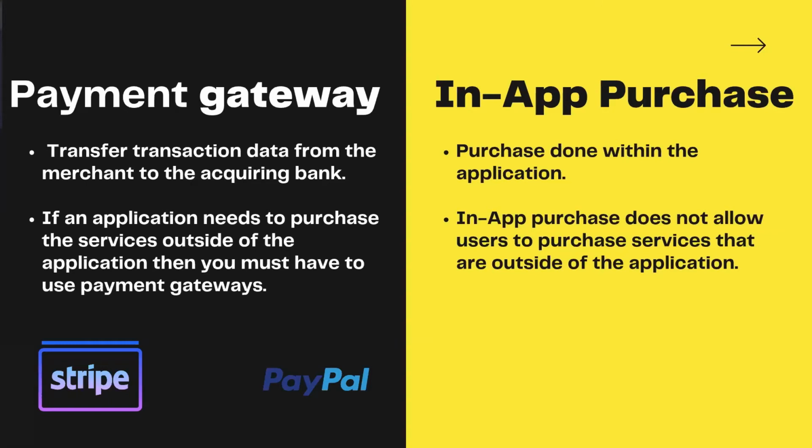So in an in-app purchase, inside the application you can buy things. I gave you the PUBG example before also. You can take the example of any game, like Asphalt 8. In Asphalt 8, if you want to buy a new car or an engine upgrade or something, you can buy that inside the app.